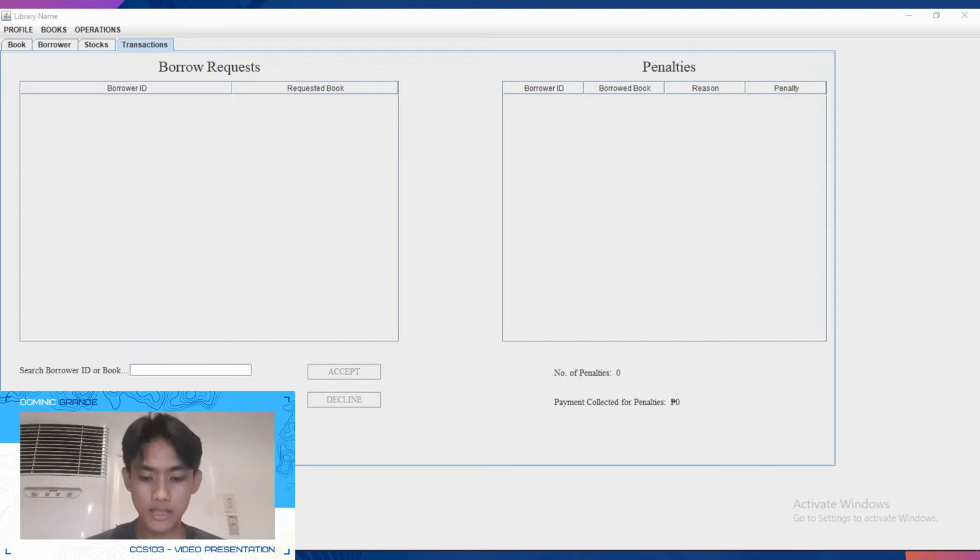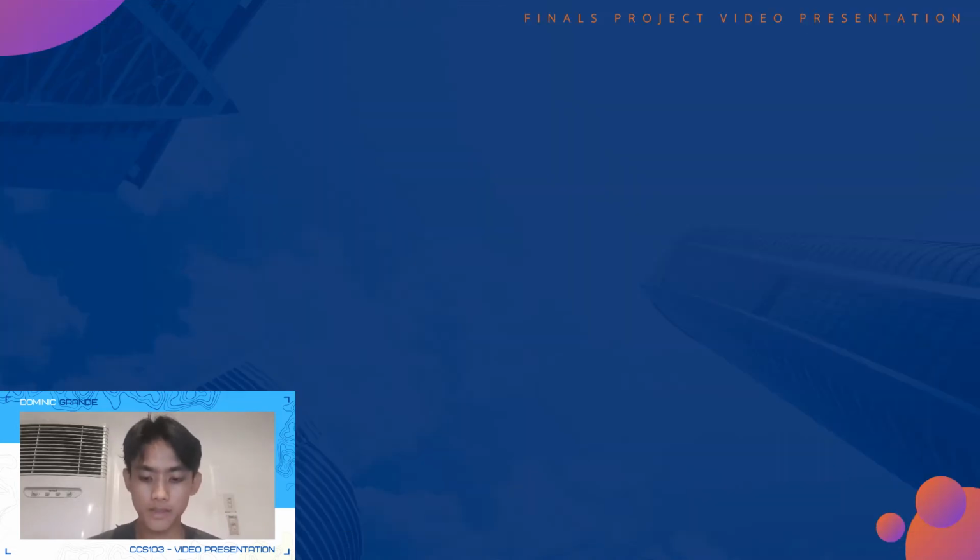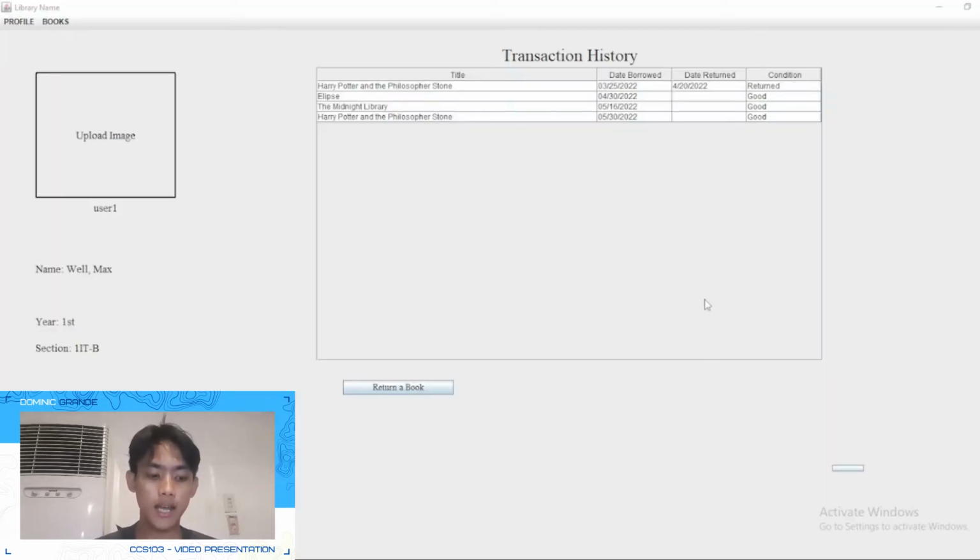So I will discuss the penalty. For not returning the book, I will discuss the penalty for not returning the book after 2 days. If the book is not returned after the date of returning,